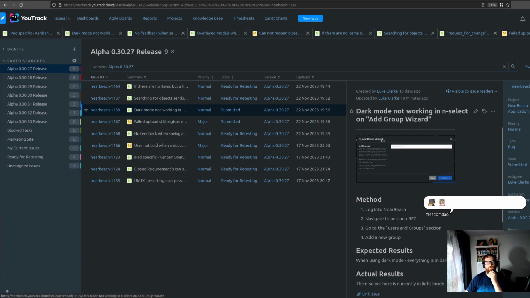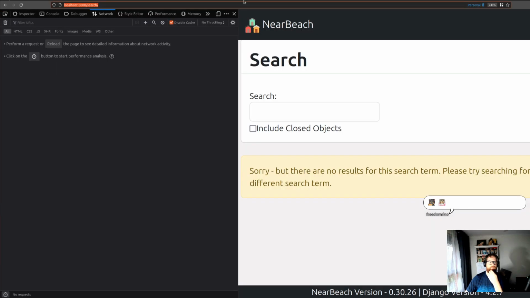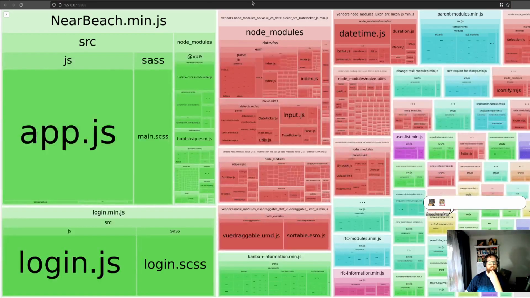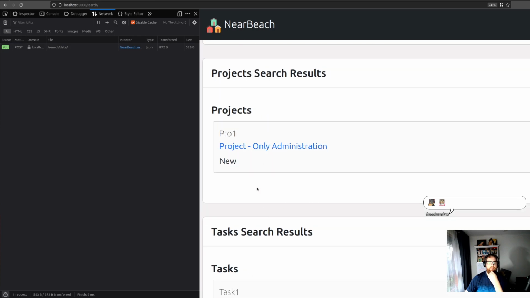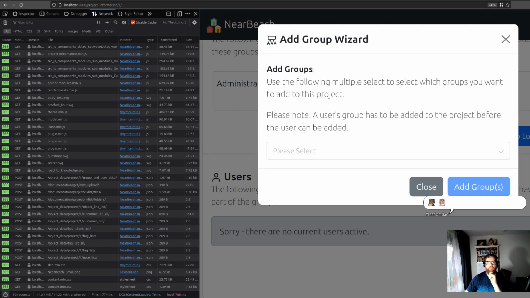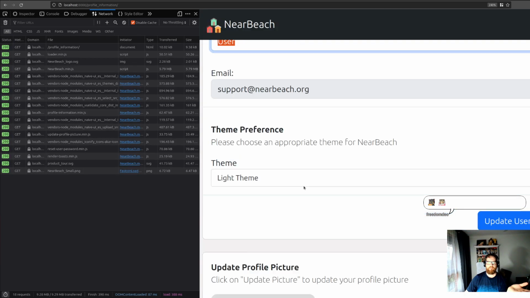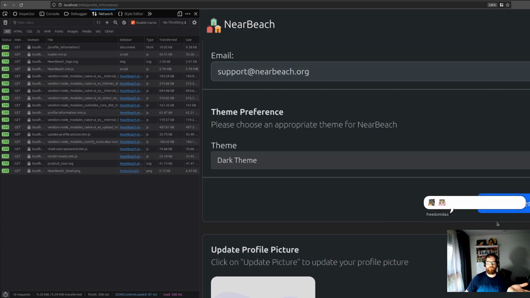Okay, dark mode not working in nselect on add group wizard. So this is going to be pretty easy. Let's close that tab. Let's close this tab. Let's just jump into a project. Let's scroll all the way down. Add group project. So this is working perfectly fine in light mode, but if we were to go into my profile, change to dark mode,